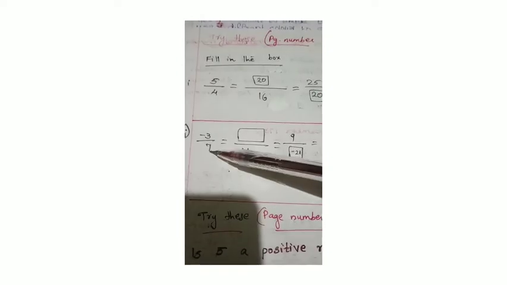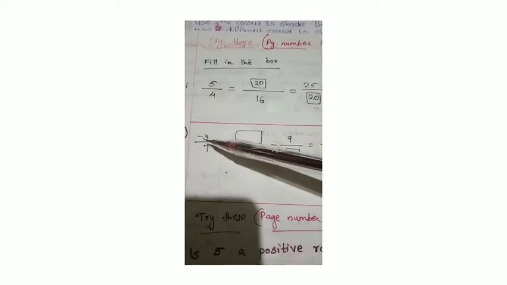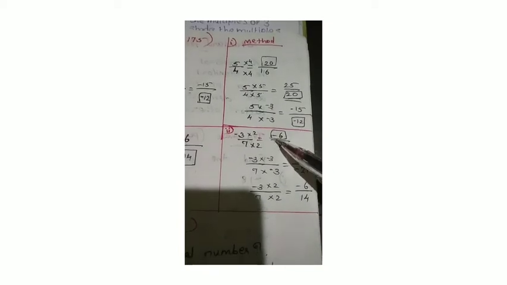Then the second question, negative 3 on 7 is equal to a blank on 14, which is equal to 9 on a blank, that also equal to negative 6 on a blank. So we have to find these blank boxes. How can we find out? Here also equivalent rational numbers. Here the clues: negative 3 on 7, then also the clues are given, any numerator or denominator. Here negative 3 on 7, a blank on 14. So 14 is the clue. So 7 times 2 is equal to 14, so negative 3 times 2 will be negative 6. So negative 6 will be the numerator.